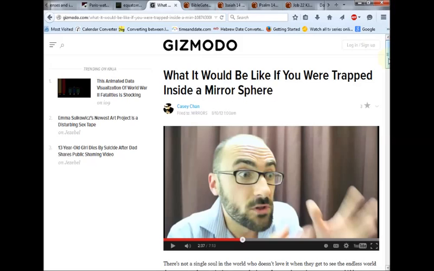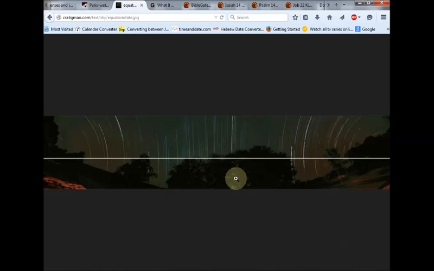So, in effect, it is mimicking the image that we're seeing as we look at the night sky from the equator. When you're in the northern hemisphere, the stars go only one direction and they spin. And if you were to step over a few feet in the southern hemisphere, they spin in the opposite direction.